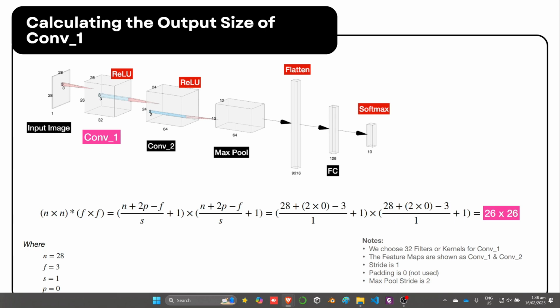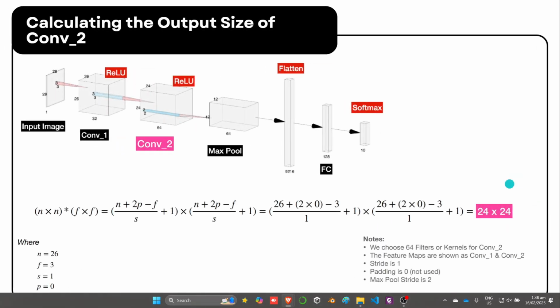In the olden days of constructing CNNs and neural networks, we would have to hand calculate these things. Nowadays libraries help us quite a bit, but it's important to understand the size of the layers as they go through. This is something you may need to do a lot of times, sometimes when building your own CNN.